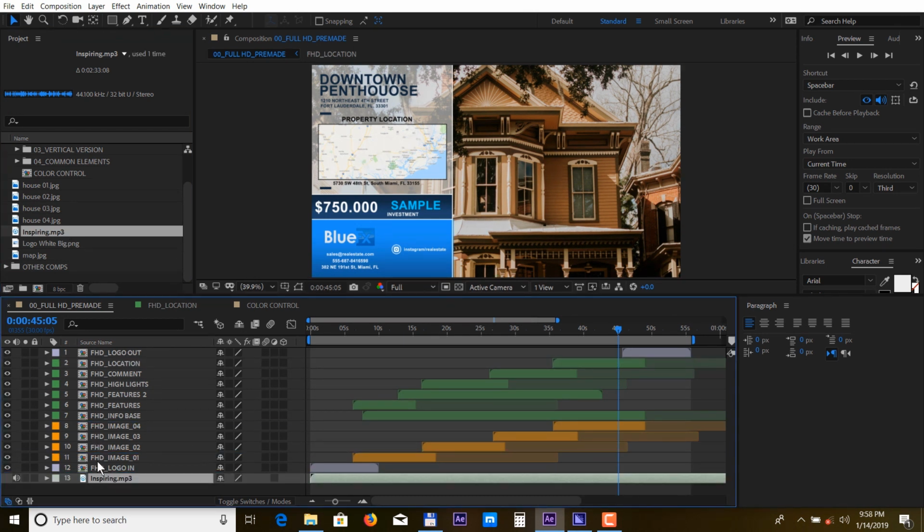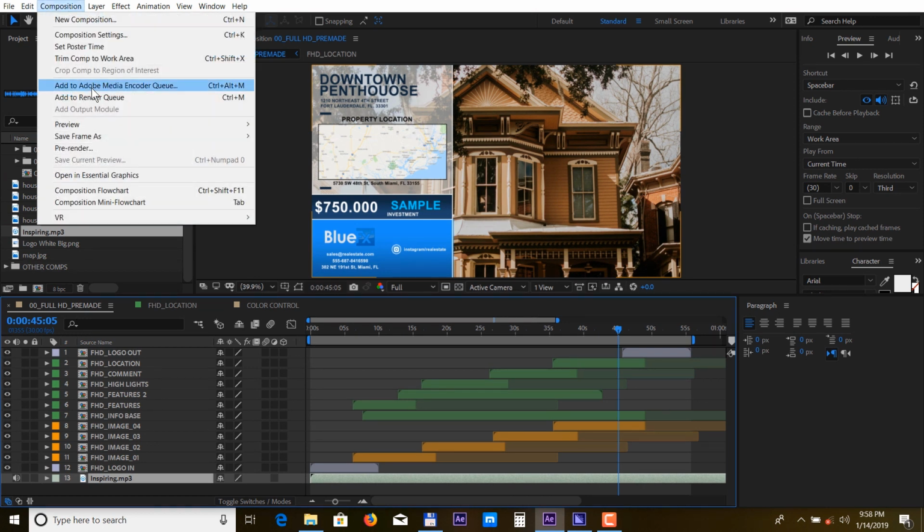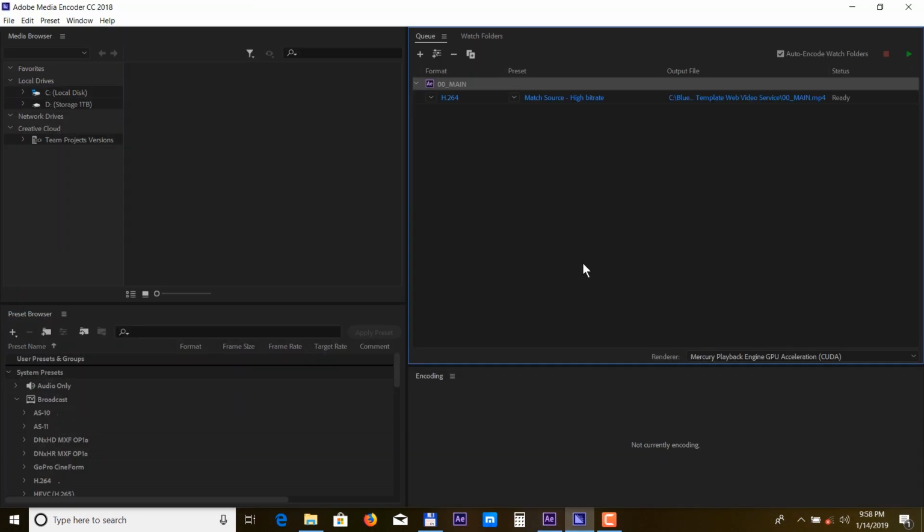Next, let's take a look at rendering this template. Select the composition and choose Composition, Add to Adobe Media Encoder Queue. The basic settings will work fine. You just need to click under the output file to set the destination path of your video, then click on the green play button to start